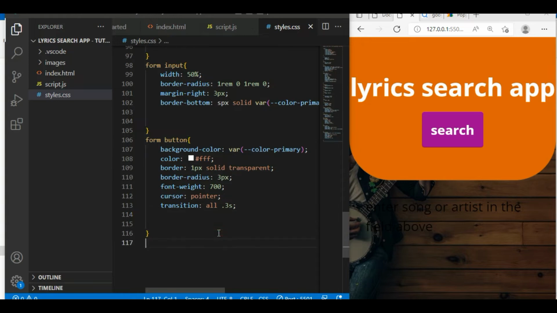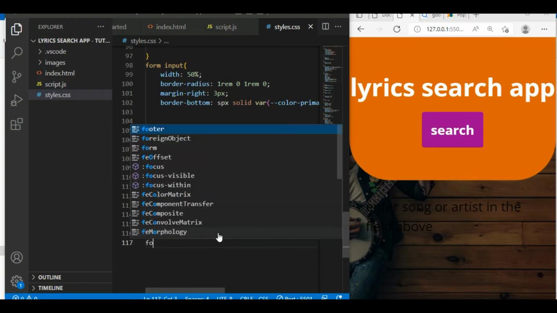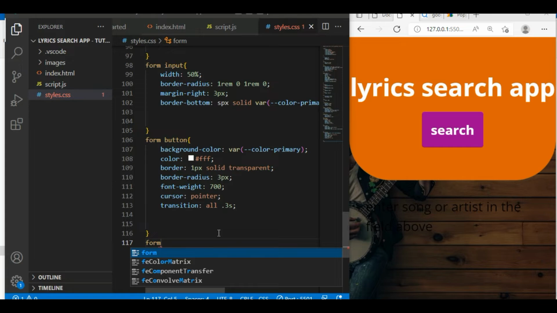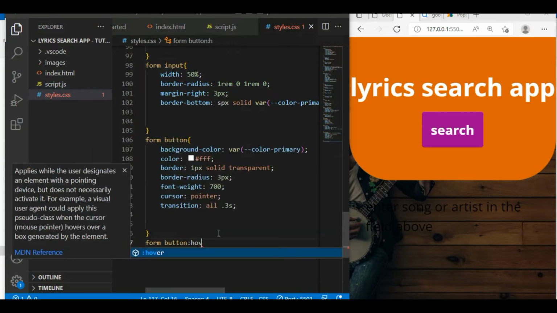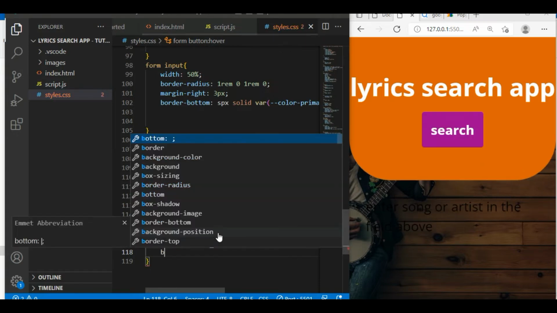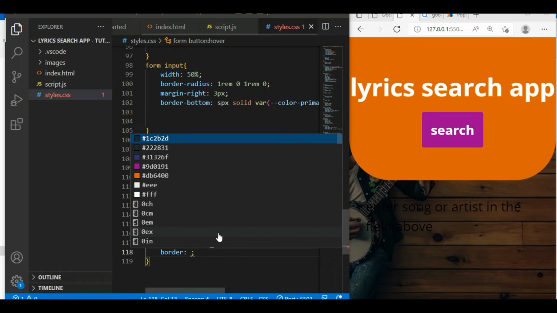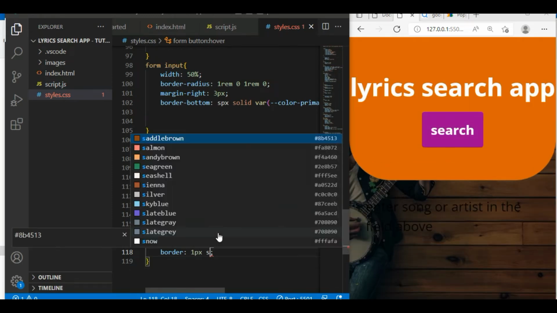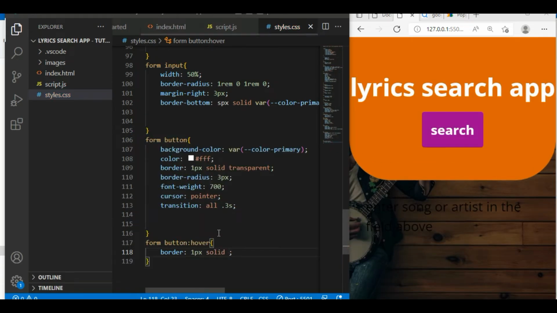And inside of this form button hover, then we'll give this button hover, then just I will give this border, it will be just 1 pixel solid, give this white,